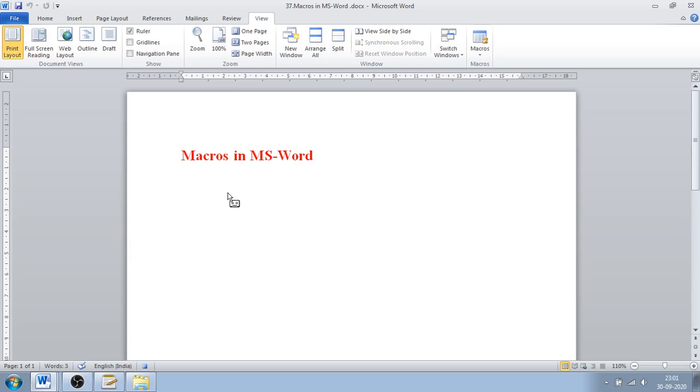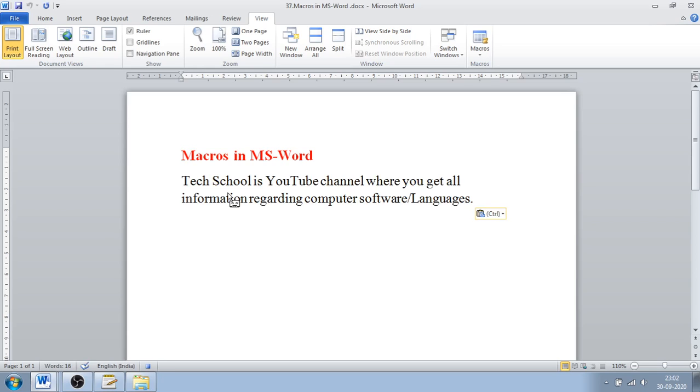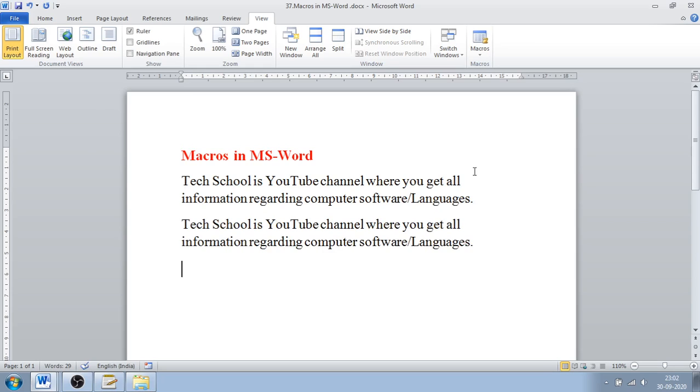While creating any line or any document, you have to be careful because you are going to press multiple buttons. So if I want to write something like this, and after that I go again into Macros and stop recording, then whichever lines I have written over here will come with only one press of Alt F, because I have assigned a shortcut key for it.